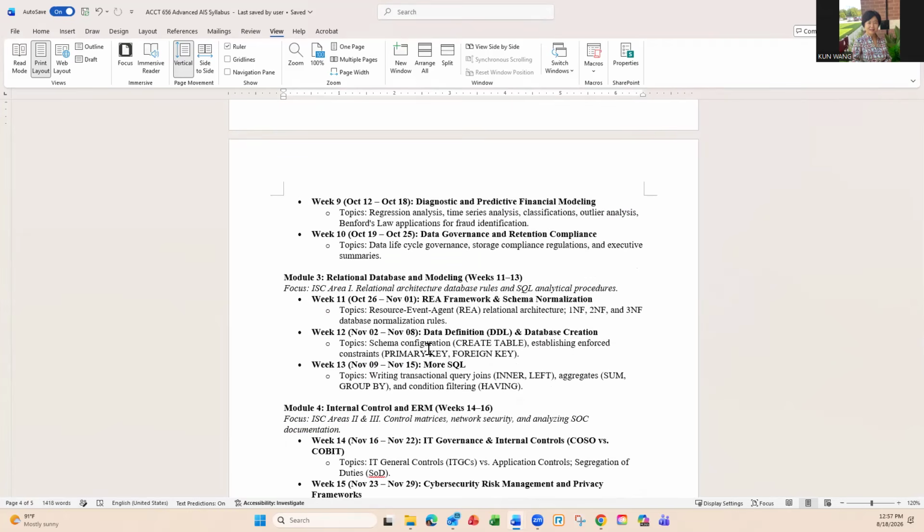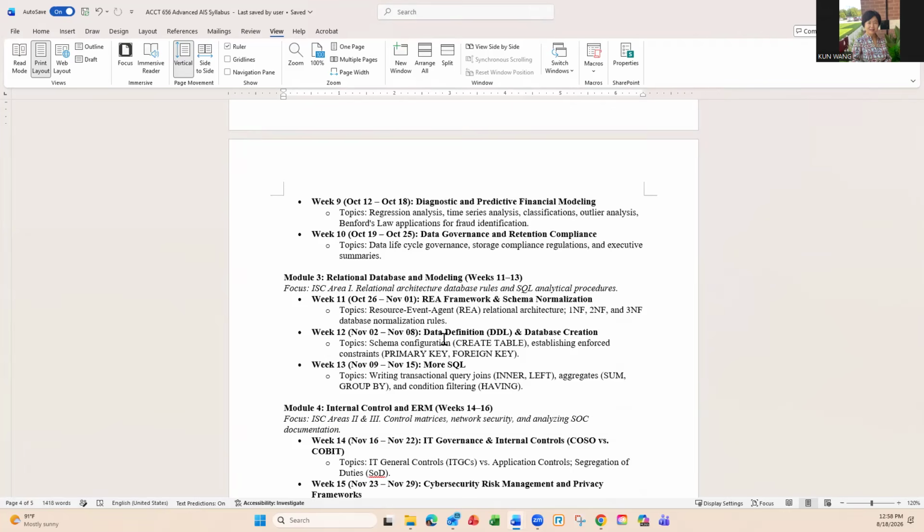Module 3 will be the relational database and the modeling. After we get the system and data, we go back to configuration, right? Why you need to set up the business process this way, like the sequence, the organizational structure, the enterprise structure of the company, and how the data is set up for the data models. So it's a more conceptual database idea.